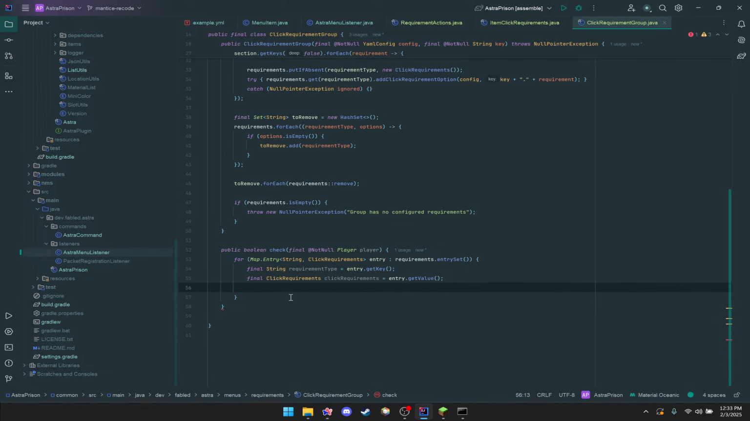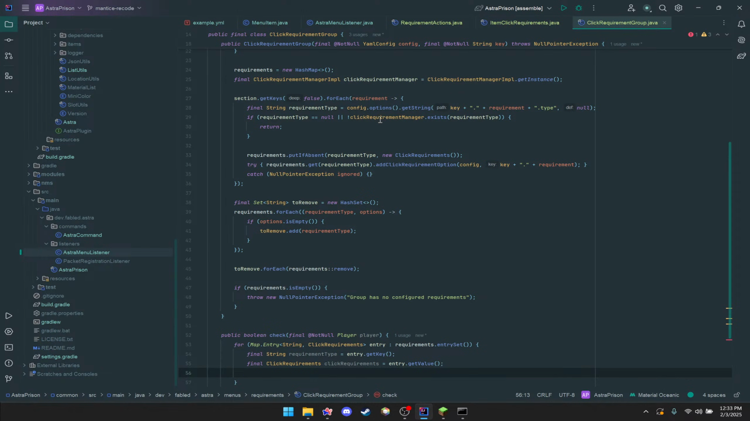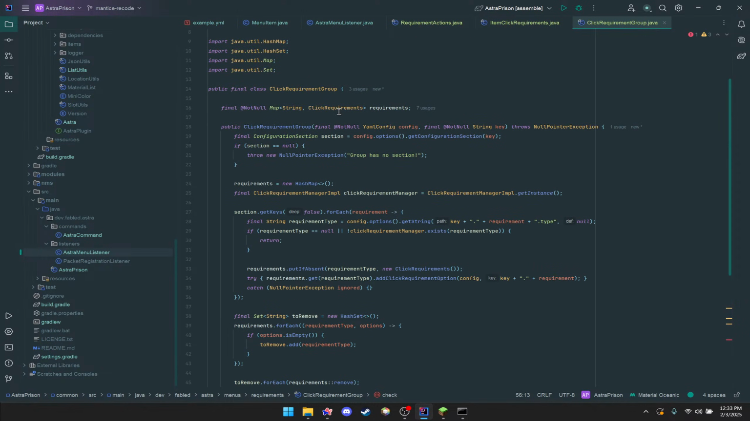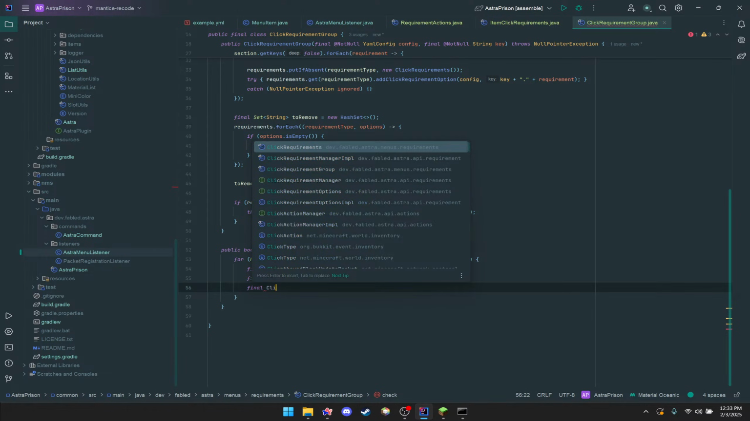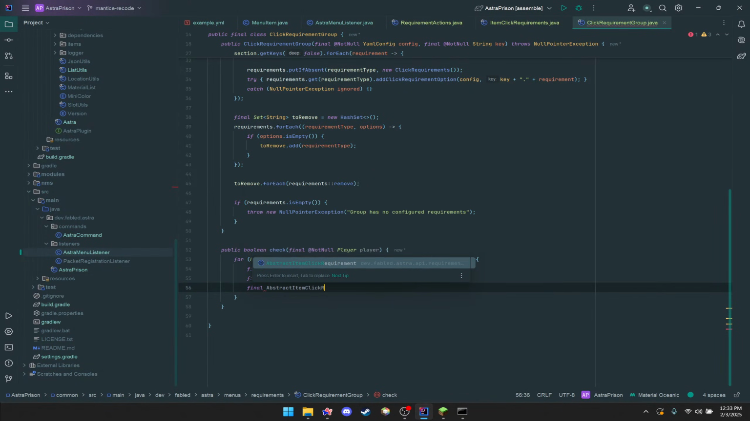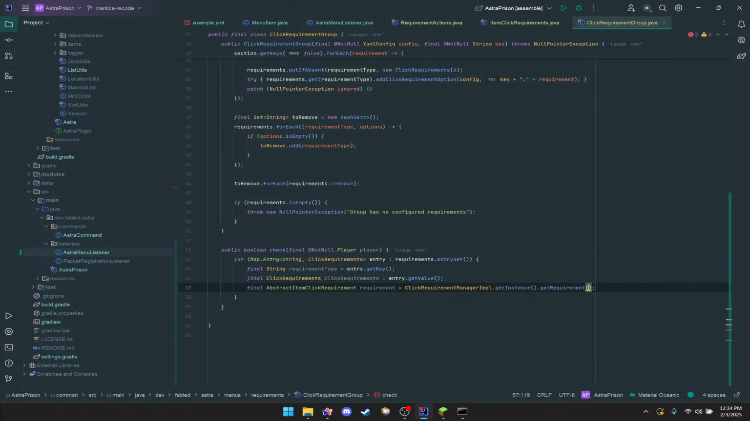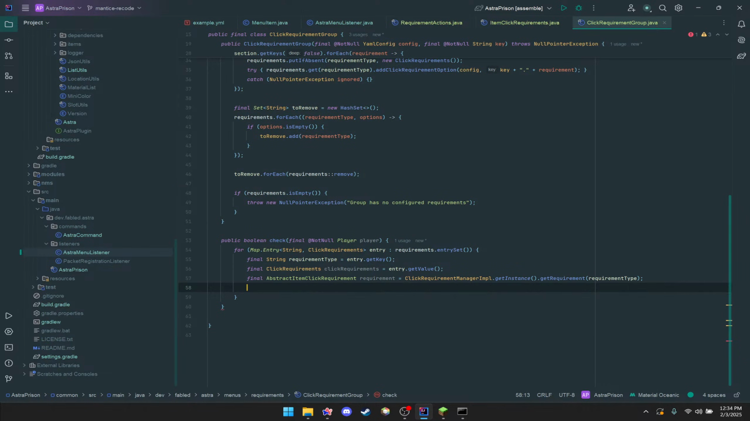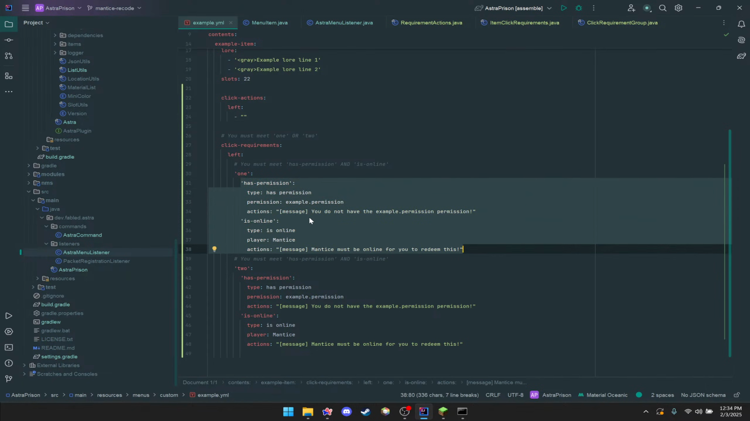Okay, so now we can say, now we need to get the ID from this, right? So we know that it exists, so we already checked it before we added it to this map. So we say abstract item click requirement equals requirement manager get instance get requirement type. There we go. Say they need to meet every requirement in this list. So that means